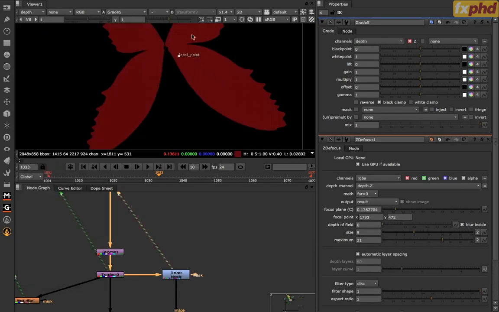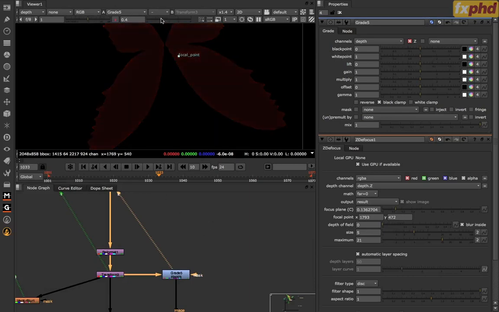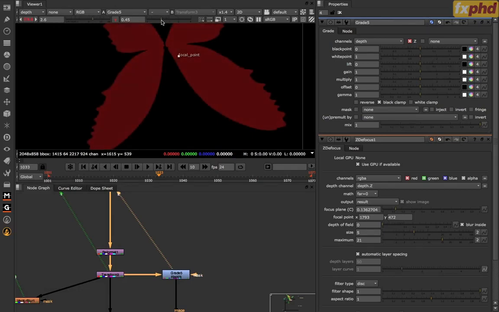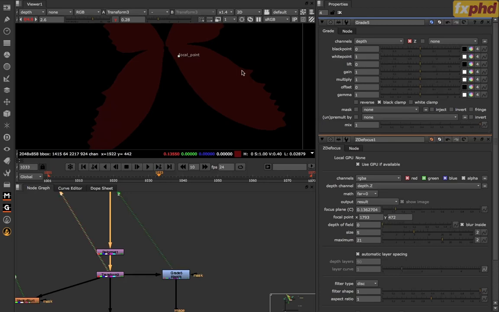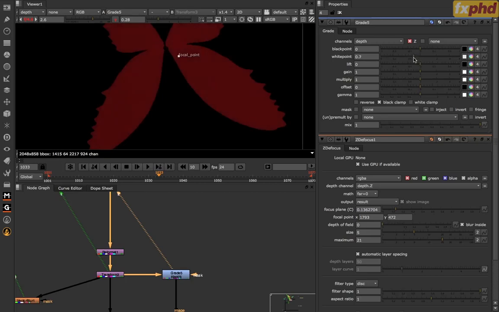So what we can do is actually start to see what's happening in here by taking the gamma down. This is basically going to allow us to see a little bit of gradation. So yeah, this really doesn't change too much. This is pretty flat, but this value range is all between the values of 0 and 1. So we know that our black point is always going to be 0. So the easiest way to set this up is to actually take our white point down, and then we should